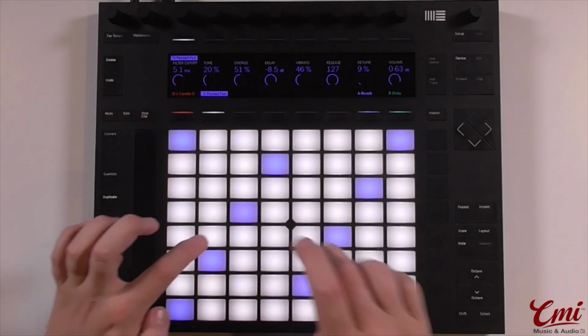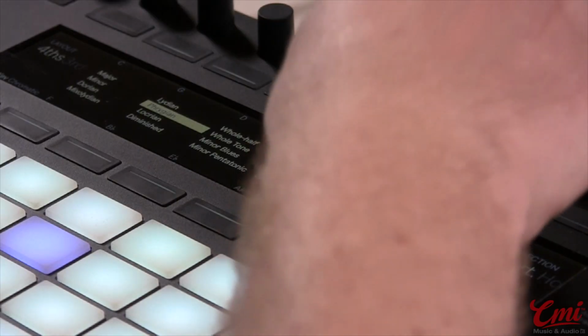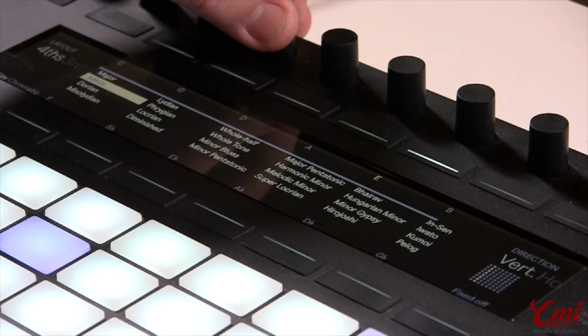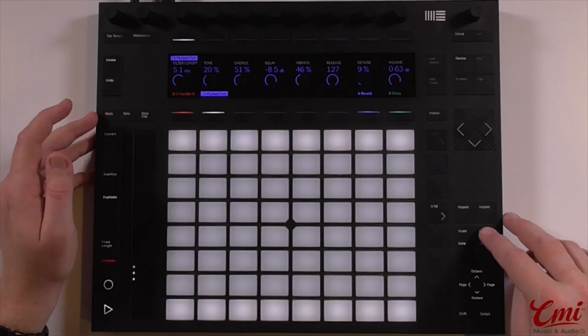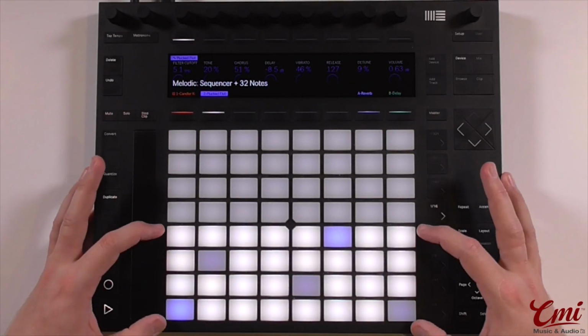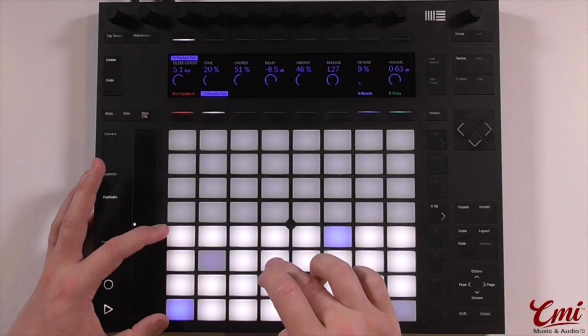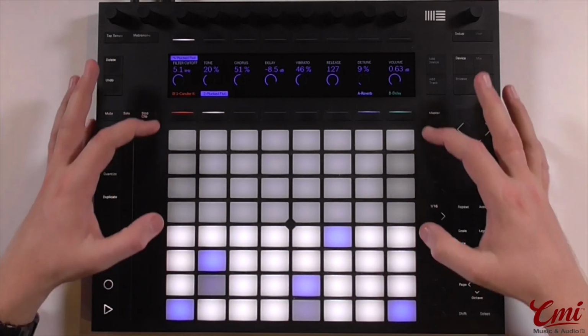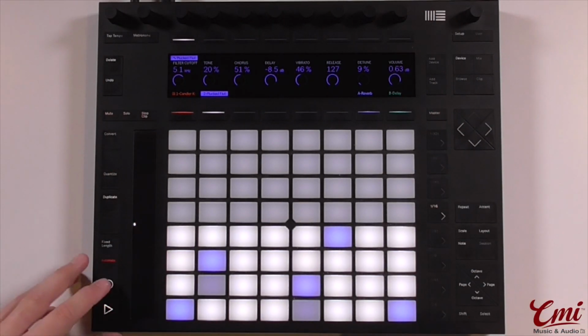I've loaded up this instrument here, and the first thing I'm going to do is hit my scale button and make sure I've got a different scale setup. Now if I hit layout twice, it brings up this new 32 note step sequencer. So we're able to play our sounds down here and sequence them in the step sequencer up the top. If I just record some notes in,